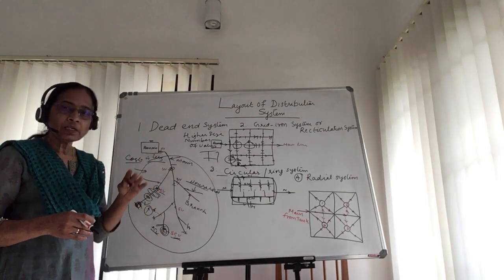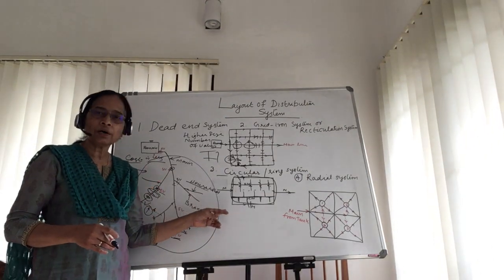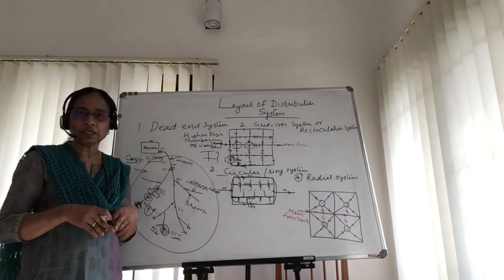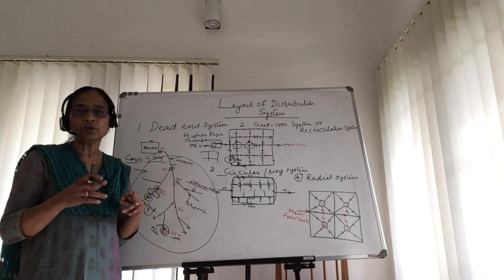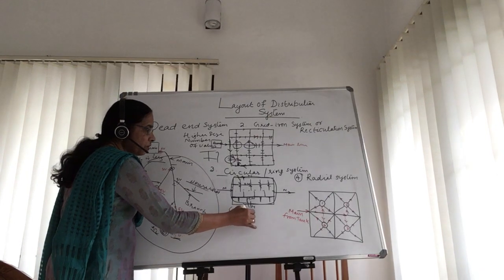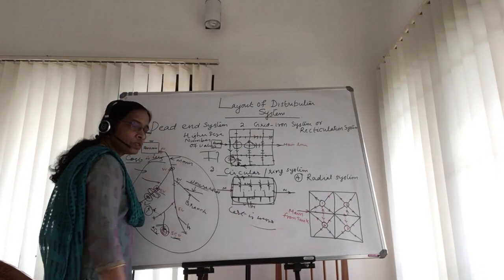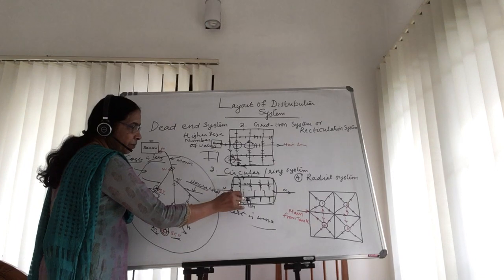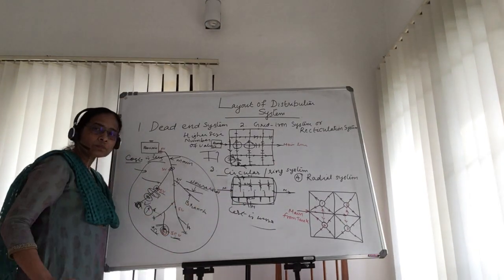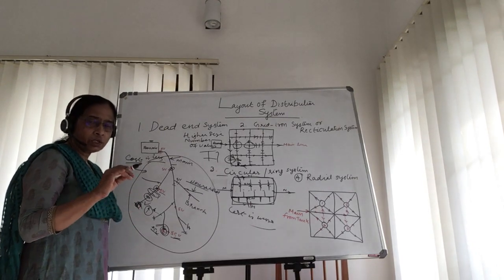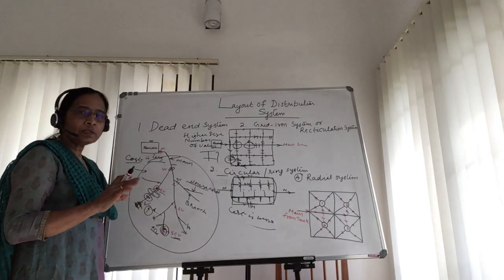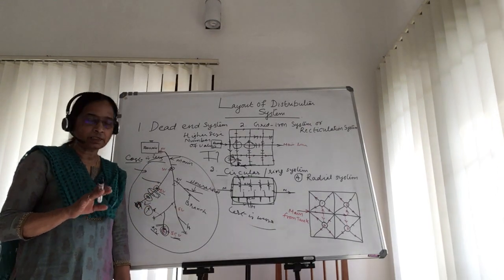But the disadvantage is that you have to have a higher size pipe here along the periphery of the city. That means a long length of main line you have to lay, and that means the cost is more. And then again the number of valves is there. That means again it is increasing the cost, but you can have equitable distribution at equitable pressure. That is an advantage, and the interruption of supply is very less.